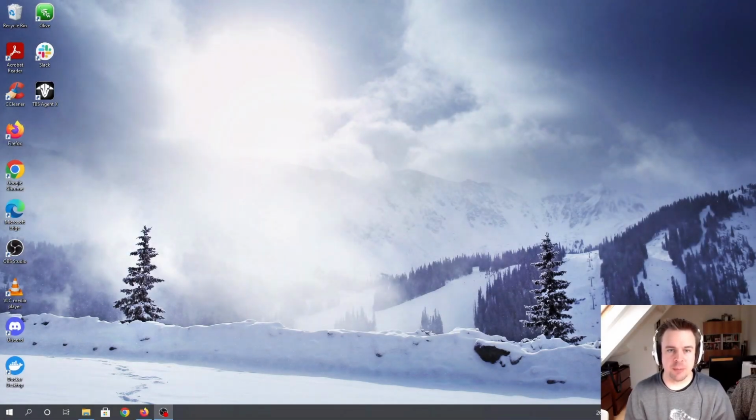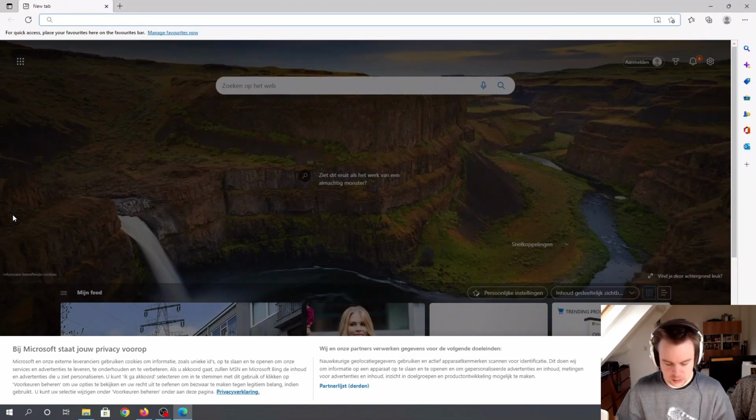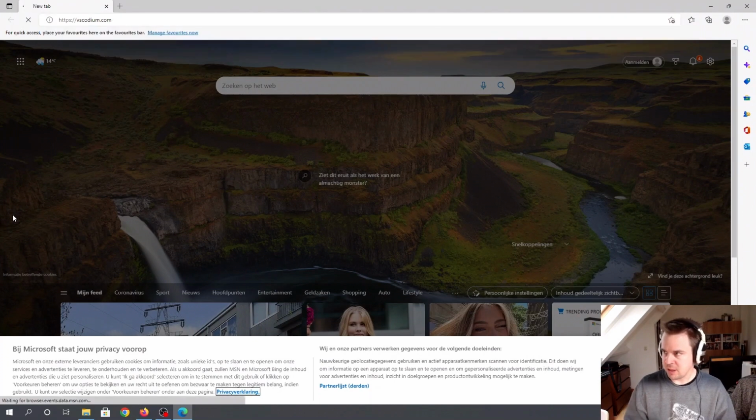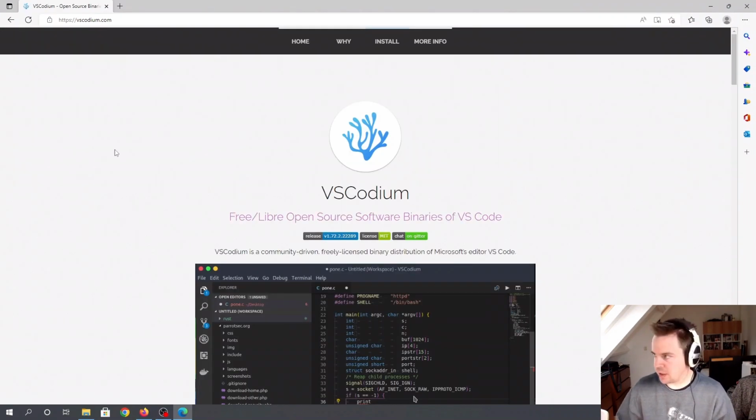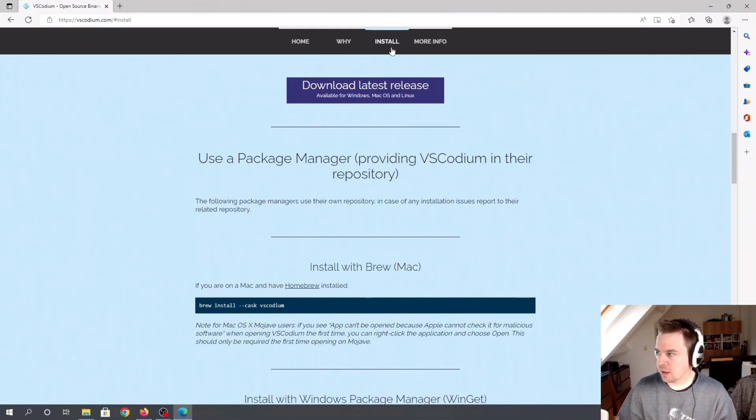VSCodium is a programming editor used by professional programmers, often called an Integrated Development Environment, or IDE. So, click on the link to VSCodium. Should open a browser, and this is what you should see. Find the install button, click download latest release,